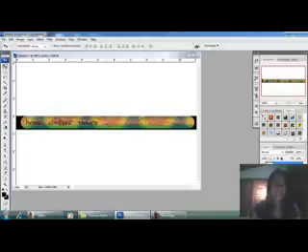Then after you typing a text, now I'm going to crop the text and save as a JPEG.